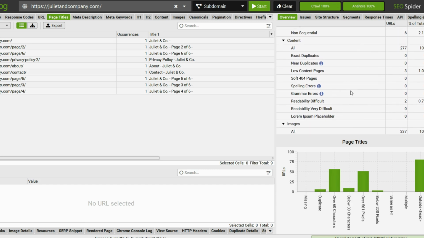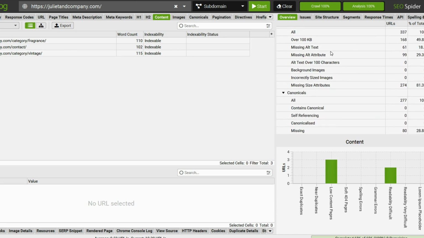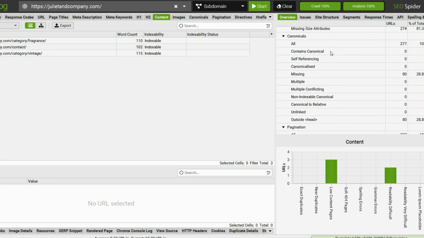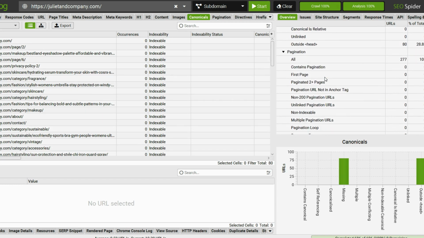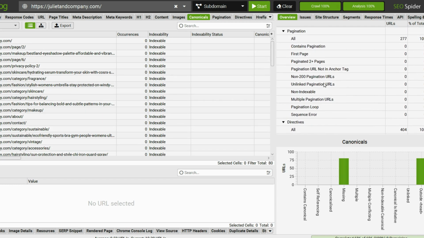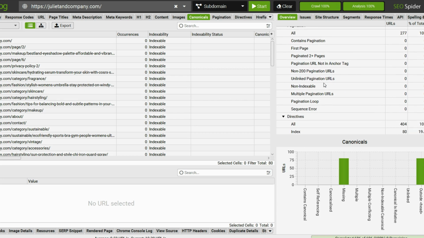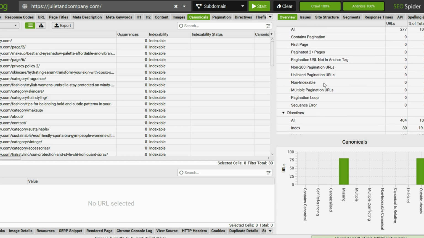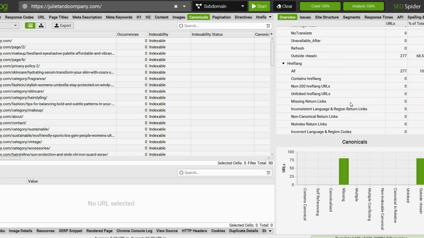This content area can be a little bit off, so I don't typically put much into it, but you will want to take a look at low content pages just to make sure that's correct. Images, so missing alt text is the big thing there. Here's the canonicals, so I'm missing canonicals on about 80 pages. Pagination, and this has to do with you clicking a page to go from page 1 to page 2, making sure those crawl well. And that's a pretty in-depth topic, but just take a look here to make sure it looks okay. We have directives here, hreflang,